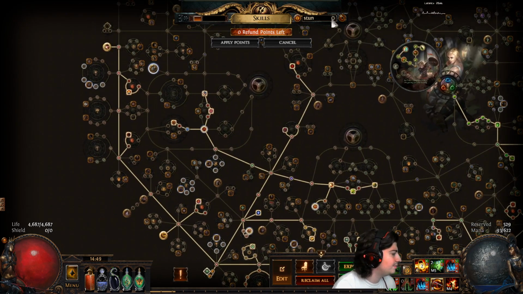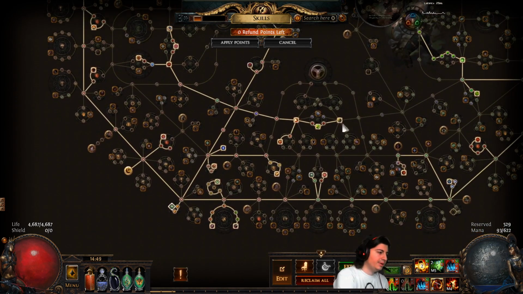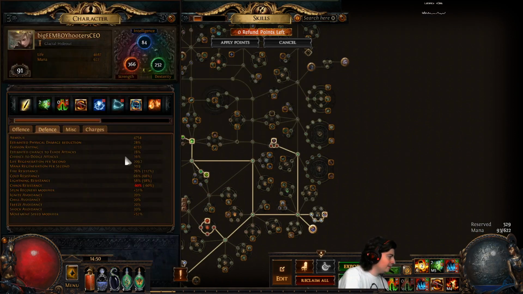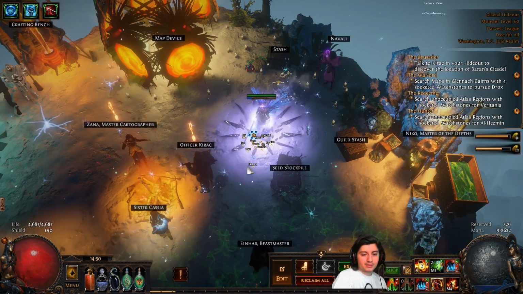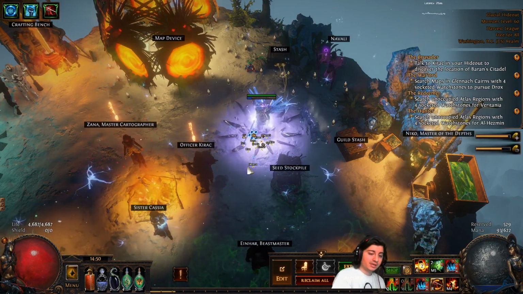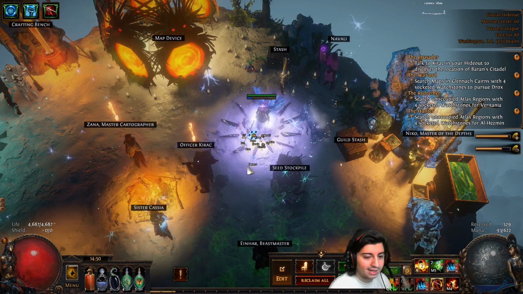I was searching stun because I guess I should go over the defensive layers that the build has. So not only do we have a lot of evasion, chance to dodge, evasion rating, a decent amount of armor, so we are using Molten Shell. Arrow Dancing is fantastic. A lot of my friends that are playing slam builds without much evasion keep complaining about getting off-screened. The fact that we are using evasion allows us to slip into exactly where we need to go